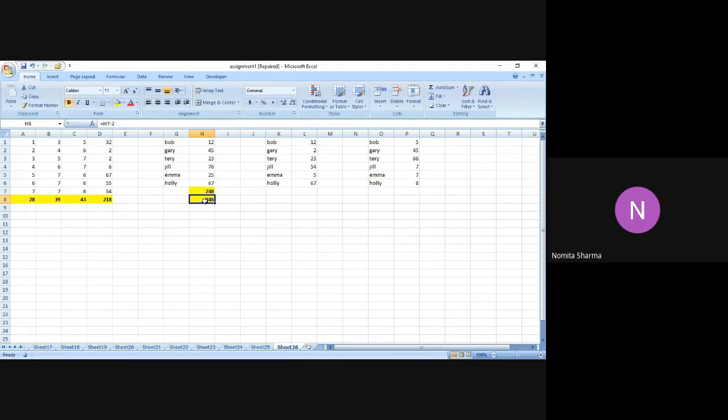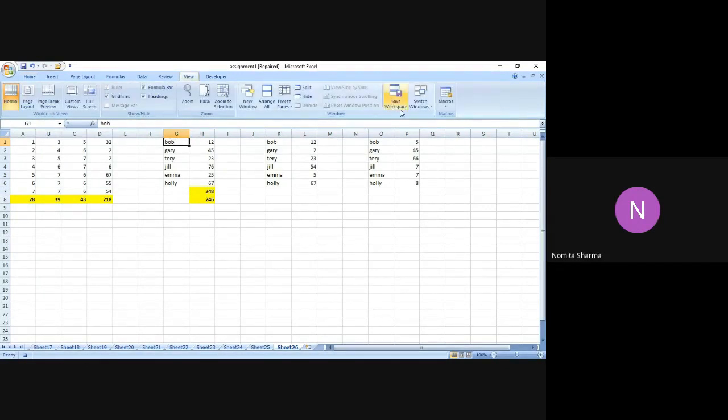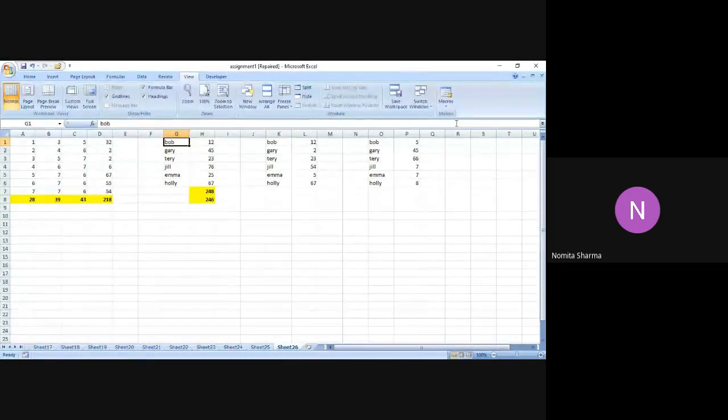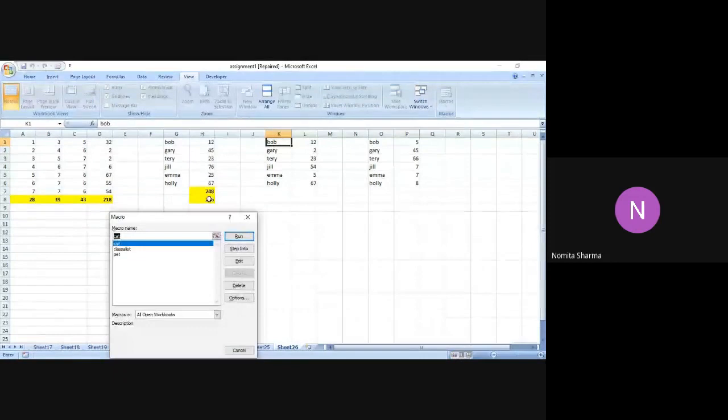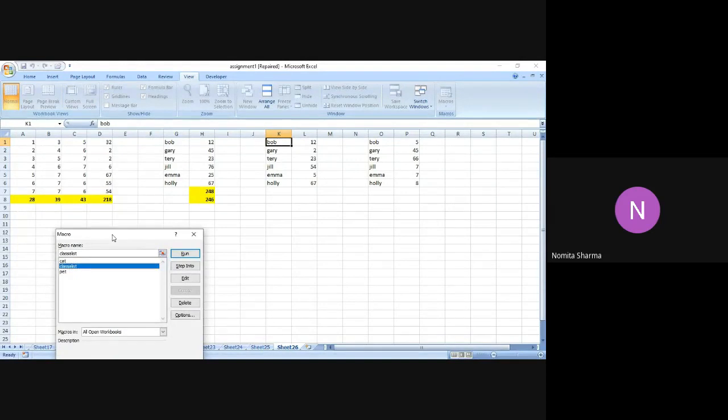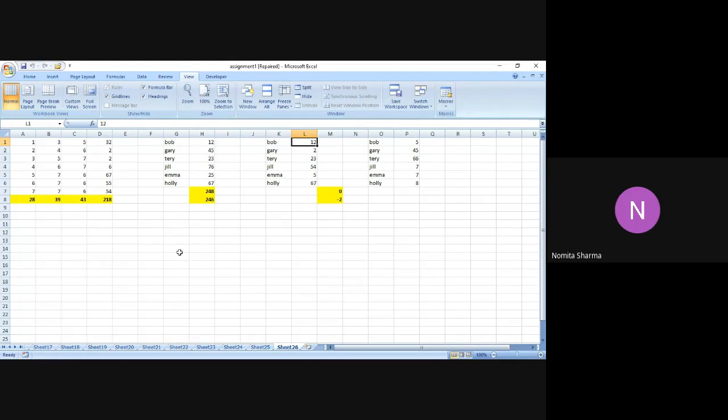Now I'm done with my task, and I go back to the relative point from where I started, that was G1, and I go back to the view again, and I say use relative reference again, and after that I'll say stop recording. I'm done with that task, and now I go back to this column, which is K, and I'm going to run the macro which I have just stored by viewing the macro. In view option I go to macro, and then I say class list which I've just created, and I say run, and this will do the same things which I've done with this particular G and H column, right?